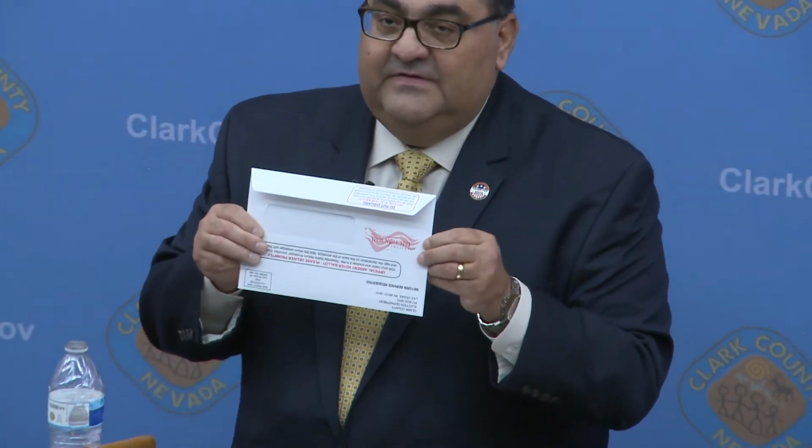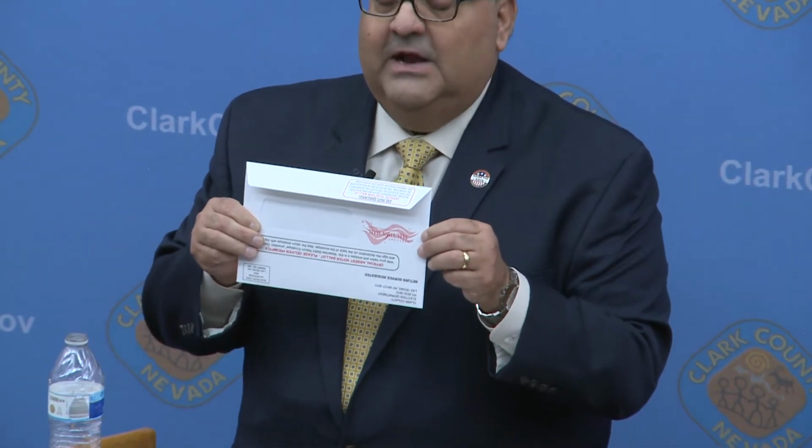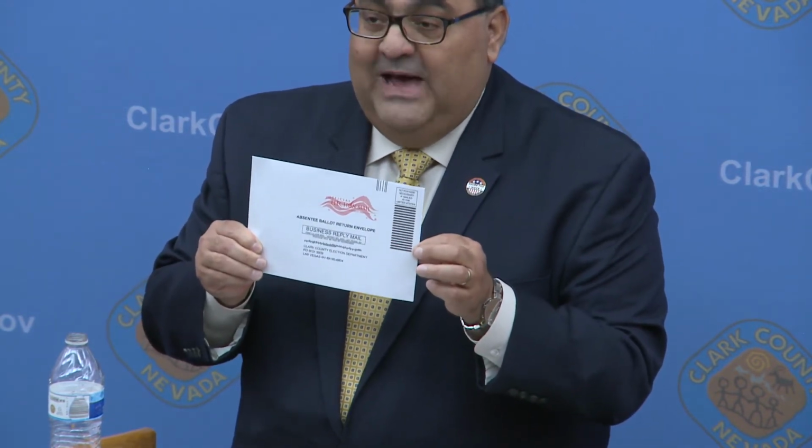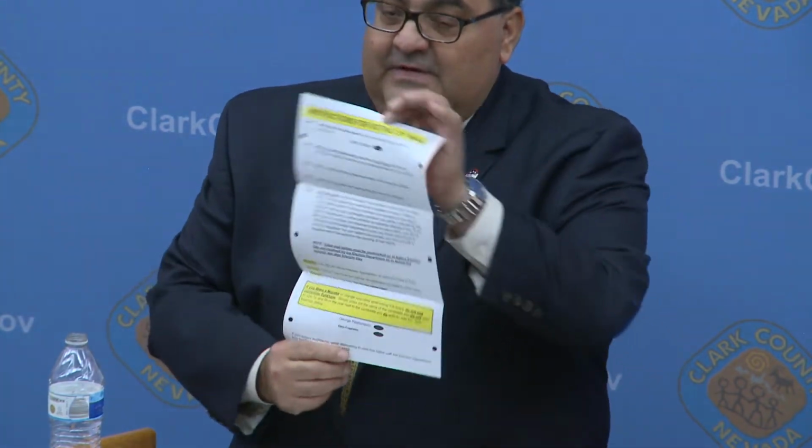I brought a sample with me this evening. So this is very similar, or actually identical, to what you will receive in the mail. Within the mail ballot envelope, you will have three items. First off, there's a return envelope that you will reuse to put your ballot inside of its secrecy sleeve and send back to us. Secondly, there's a secrecy sleeve that also doubles as the voting instructions